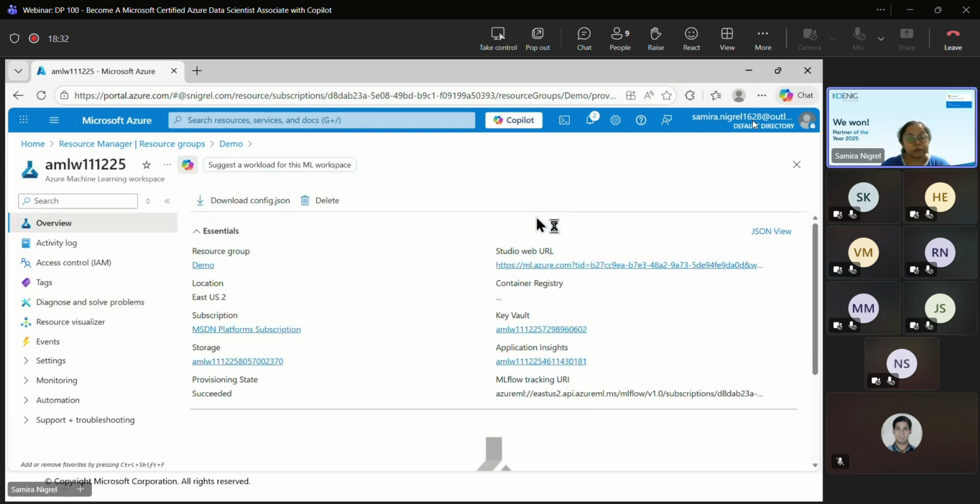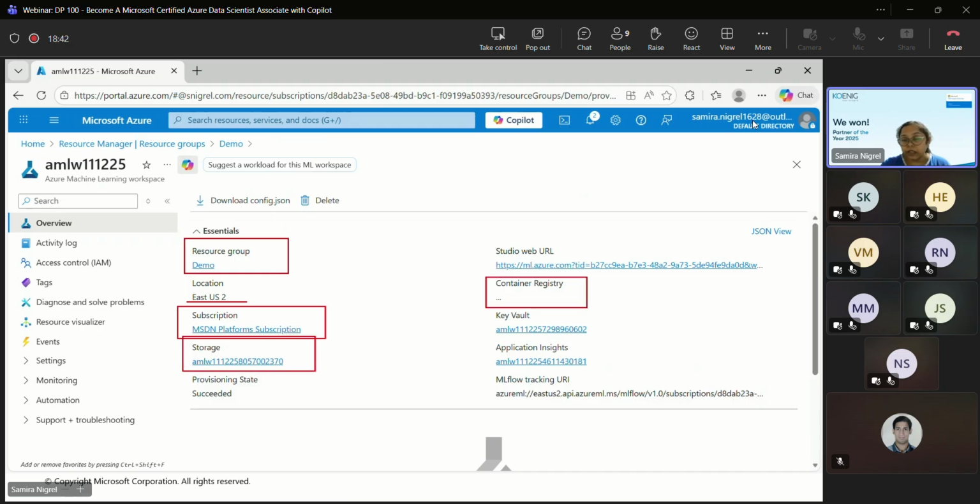Let's jump to the overview pane. You will notice here which resource group, which location, under which subscription, the storage account details, the container registry if we have created one, Key Vault, and Application Insights. Apart from this, there is the MLflow tracking URI.